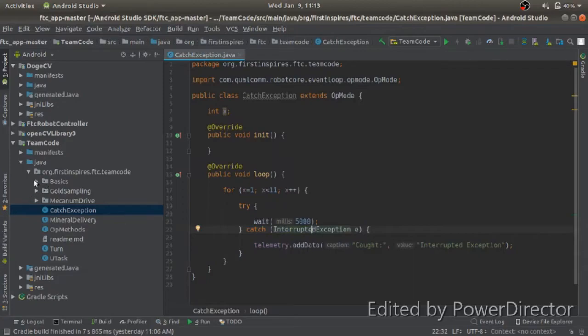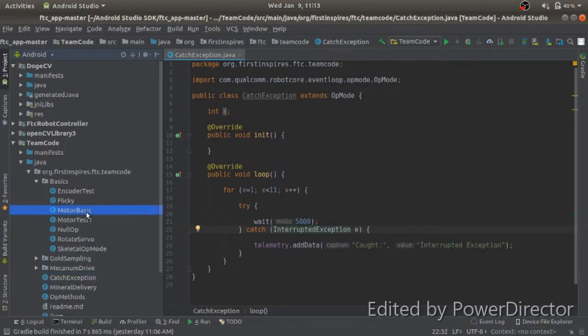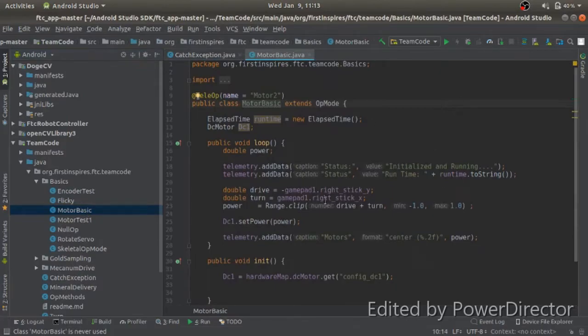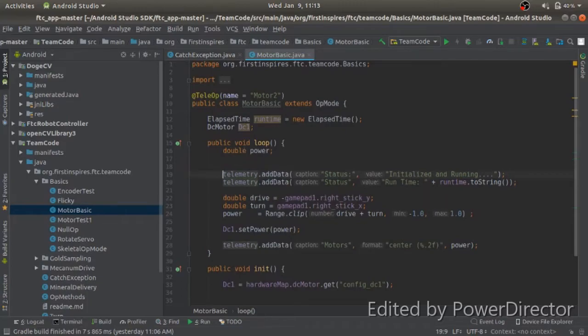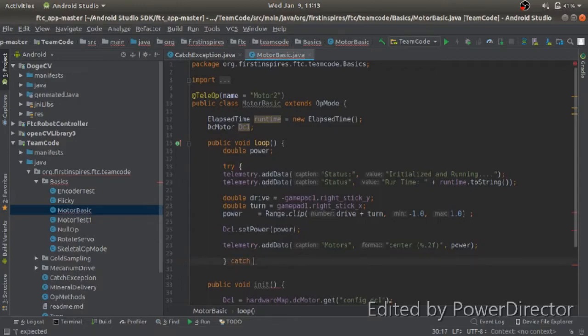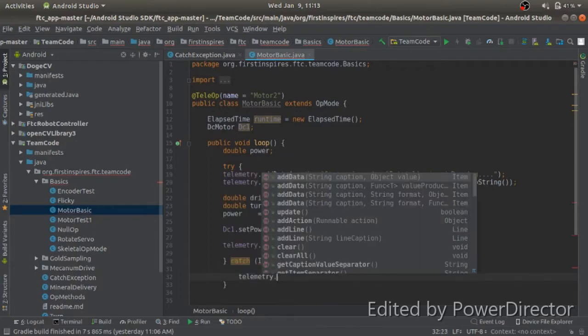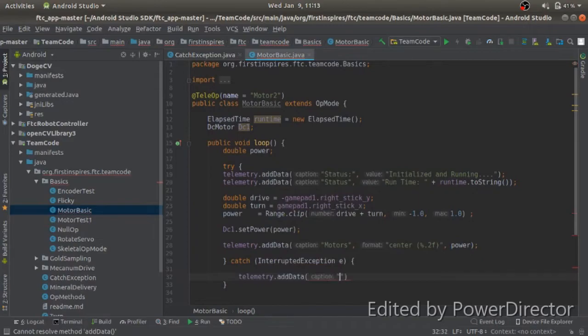So let's take a basic program, and let's say motor basic. Okay, yeah, this is just a basic program for moving one motor forward and backward. So if I want to implement my try catch block here, what I would do is try, and over here I would put, okay, wait 1 second, yeah, over here I would be putting a catch statement with interrupted exception E, and then telemetry dot add data